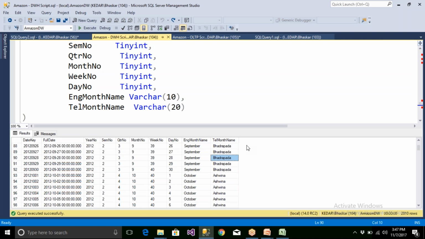But the dim time table should have that kind of information, is it a weekday or public holiday or national holiday, something like this? Is it on Sunday? Is it on Saturday? So like that, a lot of data, a lot of columns, you should be able to include here. Is it a working day, non-working day, public holiday, something like this? Okay. So you need to add some more columns. Do you have any question?